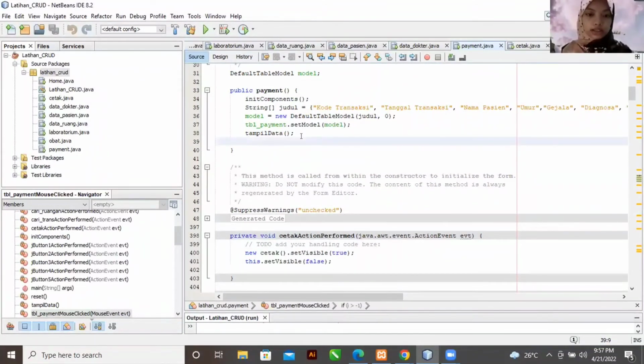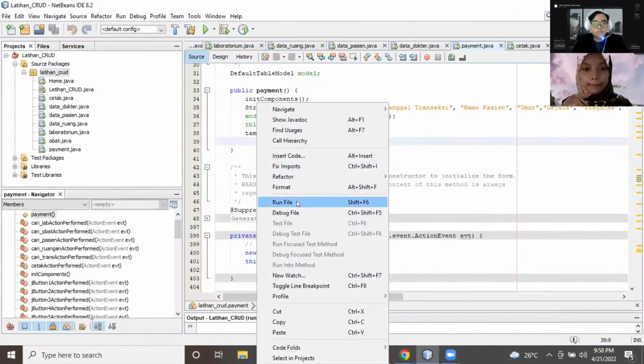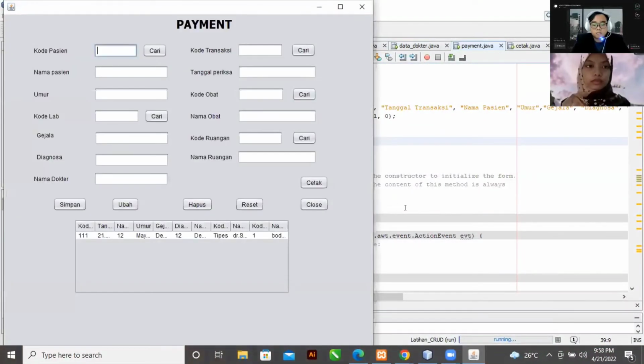So we can just run this page. So this is the user interface of our project.